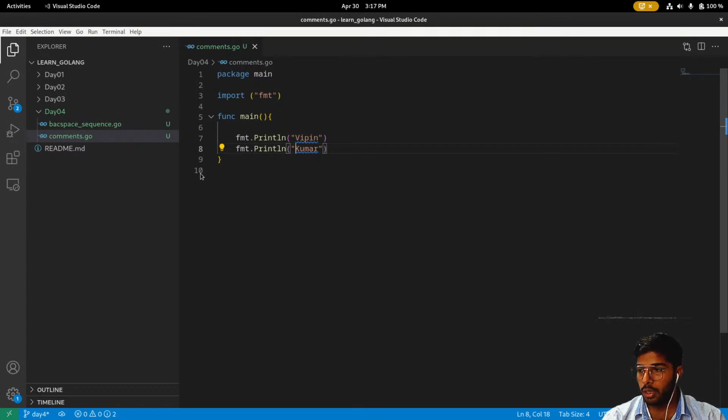So what I'm trying to say here is that let's say I have these two different lines, and here I'm printing the name, and here I'm printing the surname. This is just a simple two lines of code, so you will be able to understand it really quickly. But let's say there are files that contain 100 or 1000 lines of code, and I am a new joinee in that